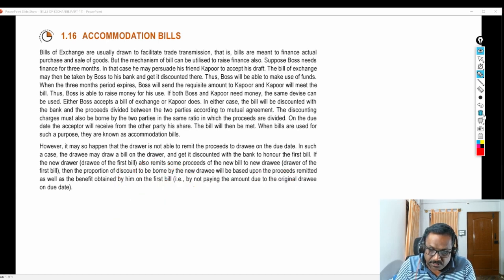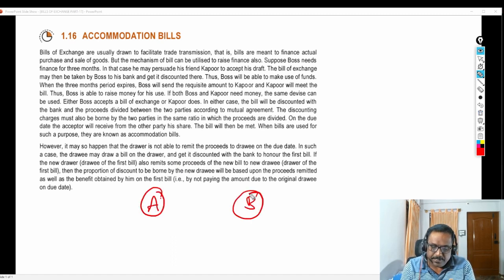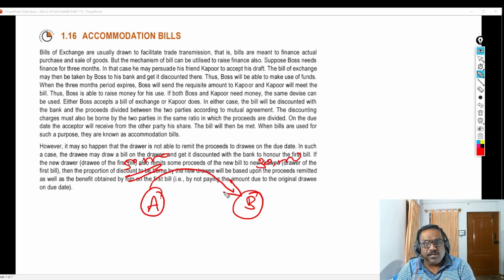The third scenario is A and B. A is in need of 50,000 rupees. B is in need of 30,000 rupees. A went and approached him: "B, can you please help me by giving 50,000 rupees because I am in urgent need of money?" B said, "Hey boss, I am also in urgent need of money. I also need 30,000 rupees. I am also searching for a person who can help me out."